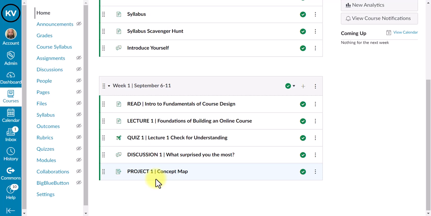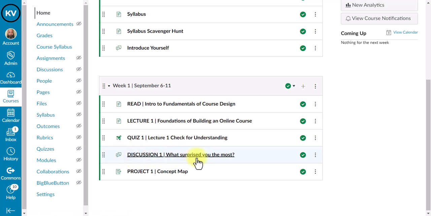So in this example, I always will indicate to the student what the activity is requiring them to do. So this is an introduction to the module and what they'll be doing, and they need to read it. And I tell them, read this. Then they're going to watch a lecture. So lecture 1, they click on that. It would be a Canvas page with a lecture. And then following that, there's a check for understanding. Did they understand key concepts, ideas from the lecture? I just want to know, so I'm providing them a quiz, some type of check for understanding or formative assessment,